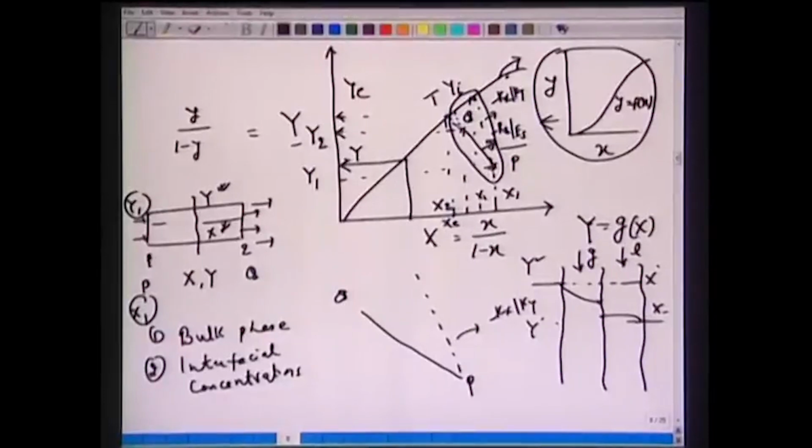If I take this point P here and go vertically upward till it reaches the equilibrium curve, that will give us y star. So if we take this x1 here and go vertically, we will get y star. Similarly, at some location from 1 to 2, we have the same situation. There will be interface concentrations, then there is a drop in the liquid phase, then we have the bulk phase concentrations. Okay, we would like to redraw this here